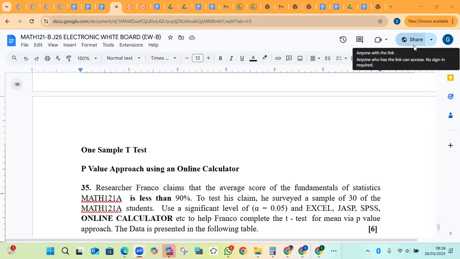In this video, we are going to discuss a one sample t-test using a p-value approach and an online calculator. Researcher Franco claims that the average score of the fundamentals of statistics Math 121E is less than 90%. To test his claim, he surveyed a sample of 30 of the Math 121A students using a significance level